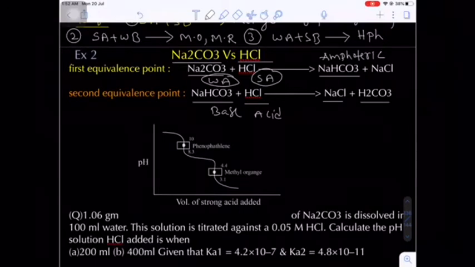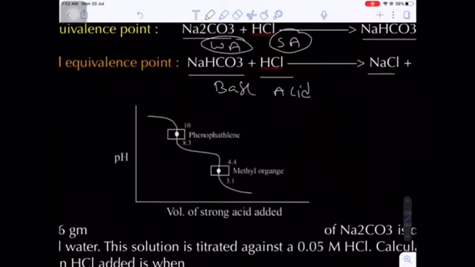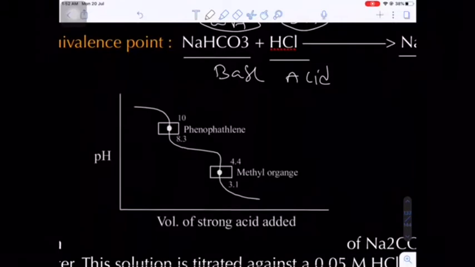Okay. Now here there are two equivalent points. First equivalent point, second equivalent point. In the first equivalent point, you have the mixture of Na2CO3 and NaHCO3. Okay, the Na2CO3 and NaHCO3 is known as a what? Acidic buffer. Okay. Next equivalent point, NaHCO3 and H2CO3. This is a second buffer. Okay, buffer 1, buffer 2. Two buffers will be formed and two salt hydrolyses will occur here.